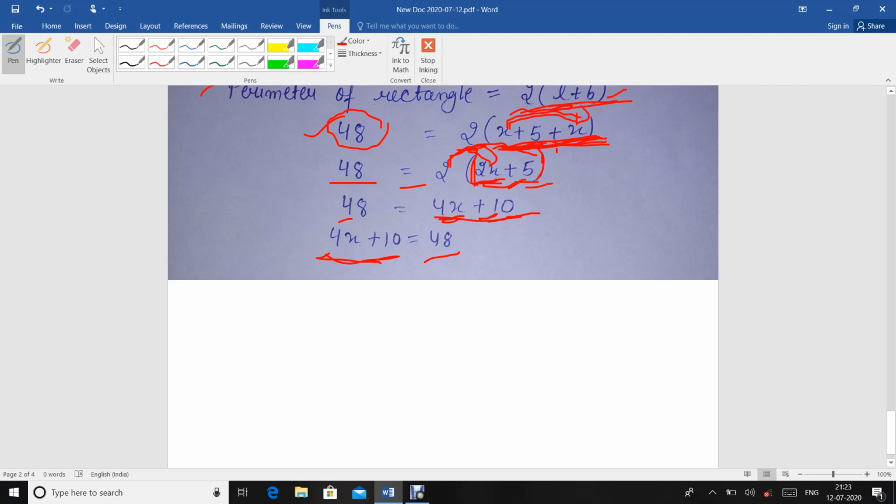Now remember, you studied earlier that if the sign of equal is present in any statement, then it is an equation. As you can see that in this statement the sign of equality is present, and there is left hand side to the sign of equal, and there is the right hand side to the sign of equal. So this is an equation, and the question was saying that form an equation. So we formed the equation 4x plus 10 is equal to 48.